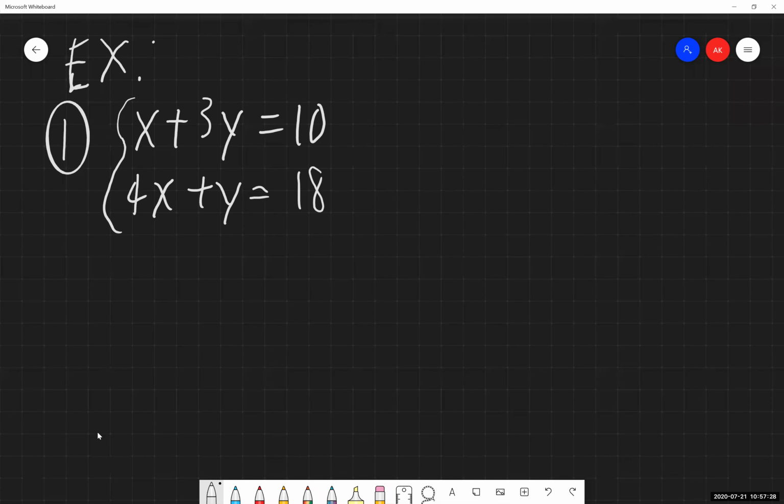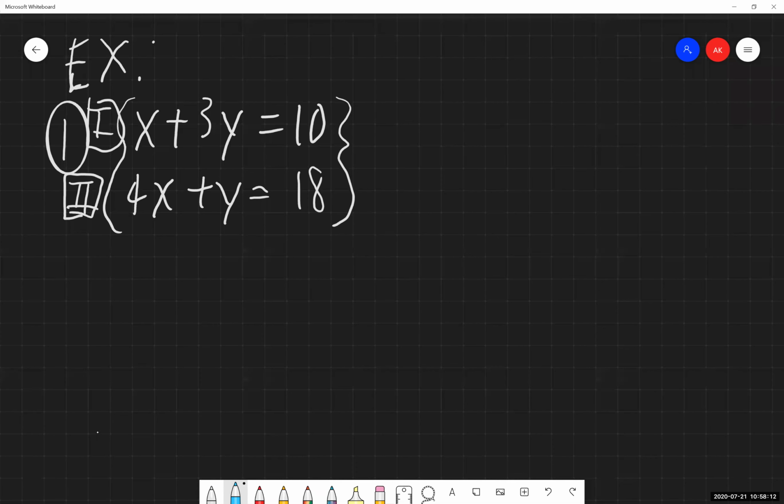Now, my recommendation, label these for yourselves, equation 1 and equation 2. Okay. Now, I'm referring back to and just reading off of our process. Solve one of the equations for either variable. It does not matter which one you choose, either will work. So we have the choice of either rewriting equation 1 or equation 2 in terms of either x or y. Essentially, solve the first equation for x or y, or solve the second equation for x or y. It does not matter which one you choose. You just need to pick one and move forward with it.